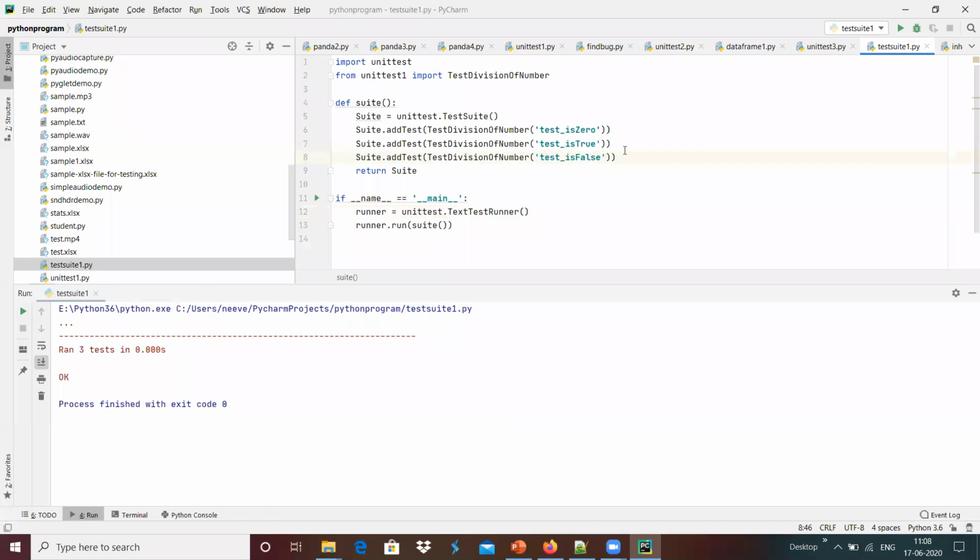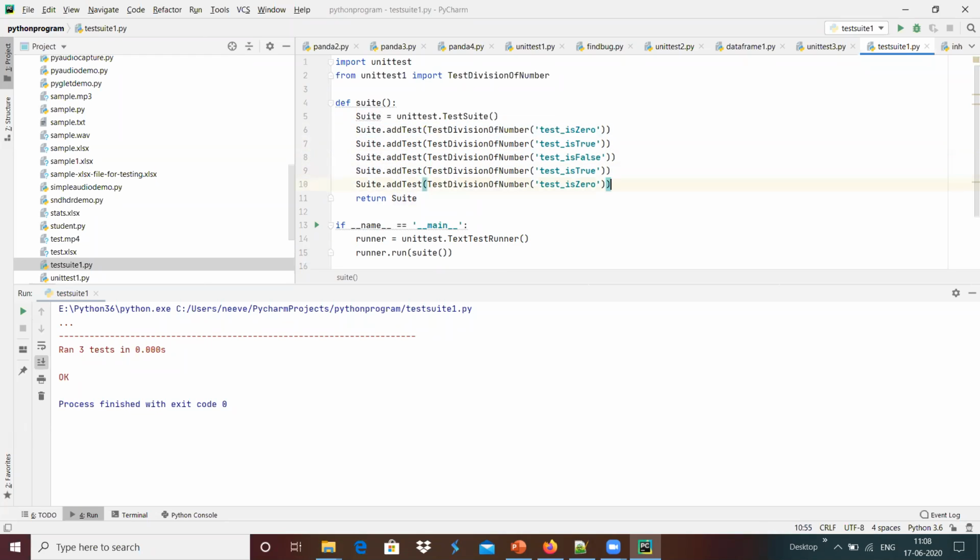If suppose the difference is different things, or we wanted to do combinations, we are able to do that. For example, is 0 is true, is false, and again is true. I'm going to check like that. Similarly, I'm going to add another one with the is 0. If we wanted to do that, collections or combinations of multiple test cases can be created with the help of a test suite. Basically, over here I'm going to run this, and now we got a run with 5 test cases. All the test cases are successful.